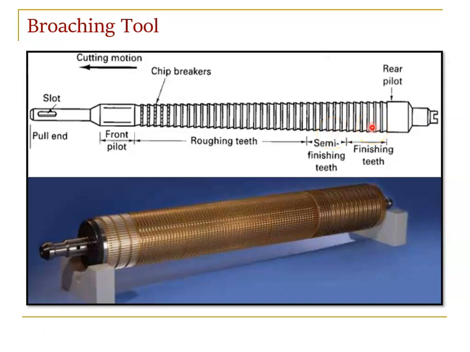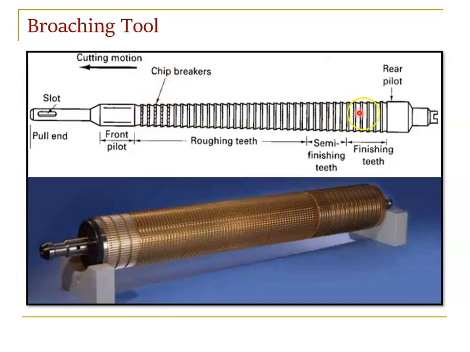One of the advantages of broaching: in a lathe machine, the finishing process needs to be carried out as a secondary process. If you want to do finishing, sometimes only a secondary process is possible. But in broaching, the finishing can be done in the normal process, because we have three kinds of teeth: roughing teeth, semi-finishing teeth, as well as finishing teeth. The roughing teeth also have a chip breaker. The cross section of the teeth has a chip breaker, which is used to cut the chip.